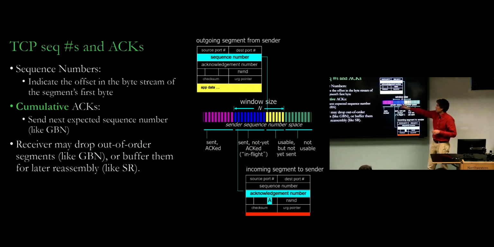And the size of the segments can be different depending on the needs of the application. The application may just send a little bit of data and then a lot of data. If it's sending a little bit of data, it may create a segment that has just a few bytes here, and therefore the difference in sequence numbers may be small between some of these, or it could be large, up to the maximum segment size, which is usually about 1.5 kilobytes, like 1,500 bytes. Okay. So this goes out with the data here and a sequence number in here.